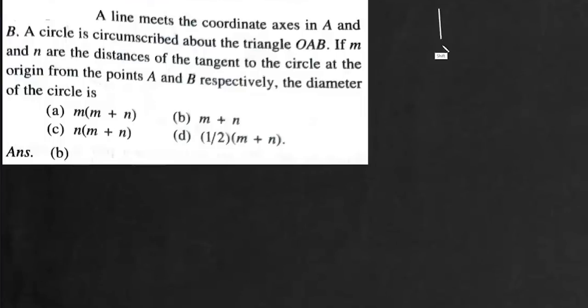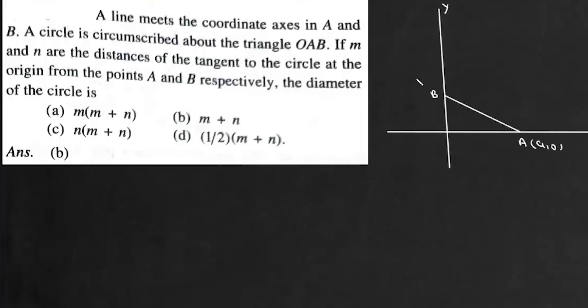So here we have coordinate axes X and Y, and then we have this line which meets the coordinate axes in A and B. So we have these points A and B, and suppose A is (a, 0) and B is (0, b), and here this angle is 90 degrees. Now it says we draw a circle circumscribing this triangle OAB. So we have this circle